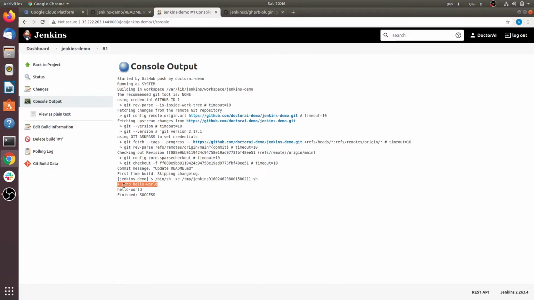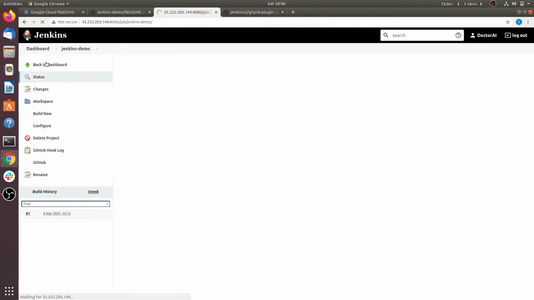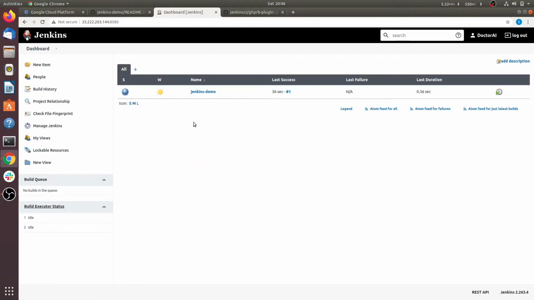In this case, we have only one command here, echo hello world. So it displays hello world, and the result is success. So now this is how on every commit Jenkins will perform the test and build.